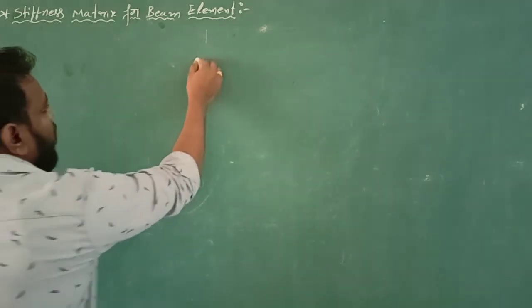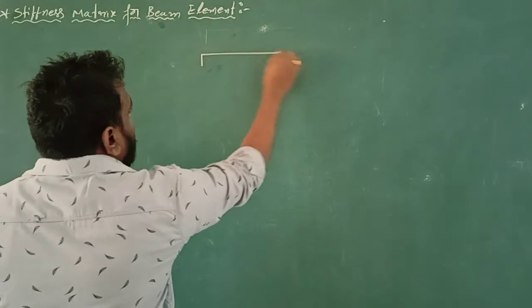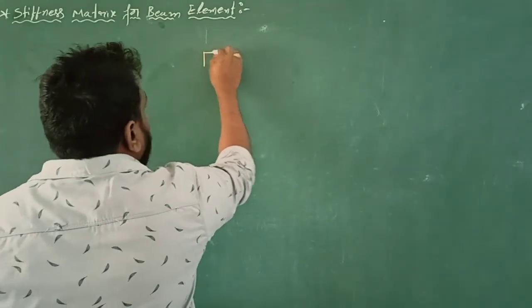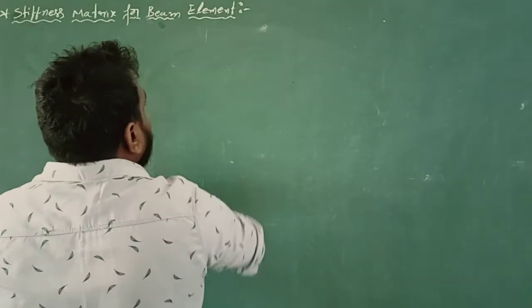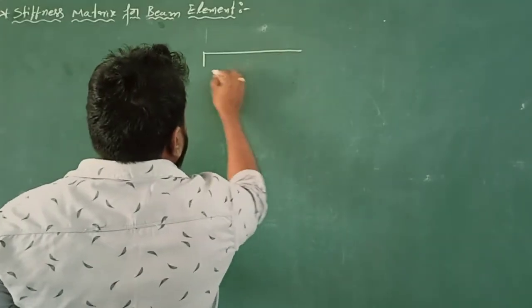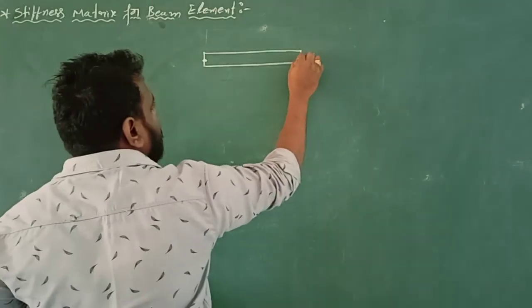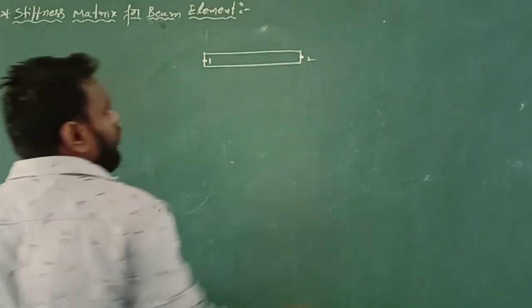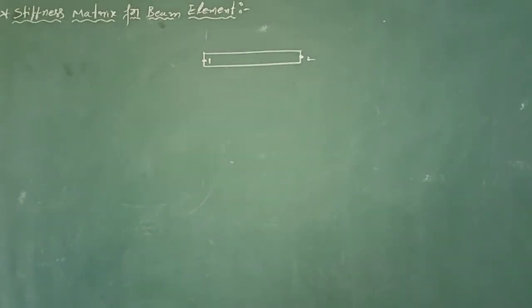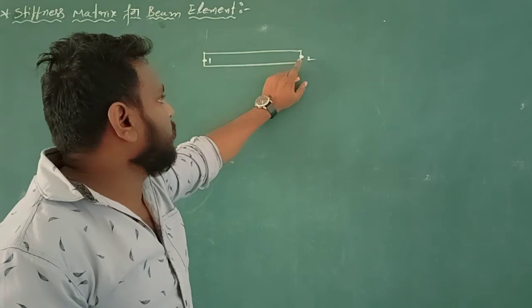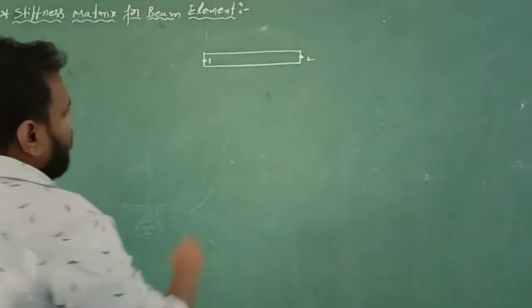Now, considering this beam element, for example, this beam element consists of two nodes: one node here and another node here. Because it is a 1D element, each node has